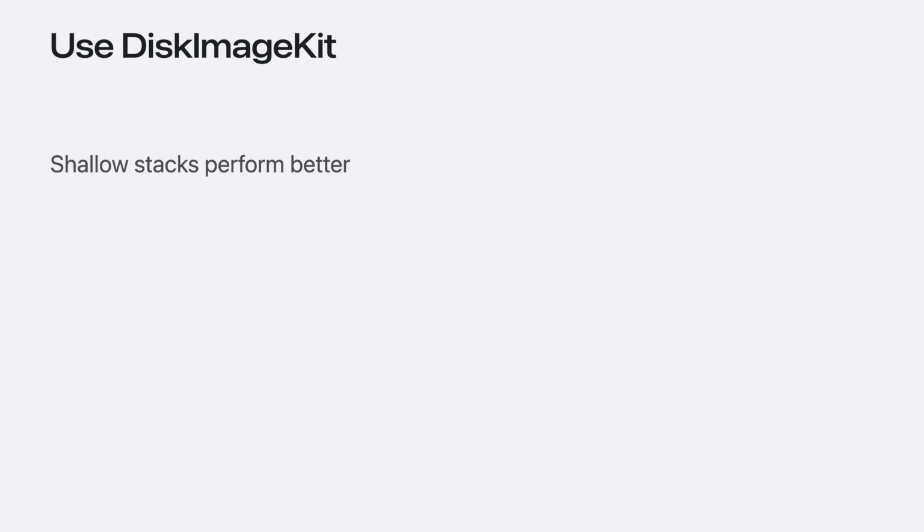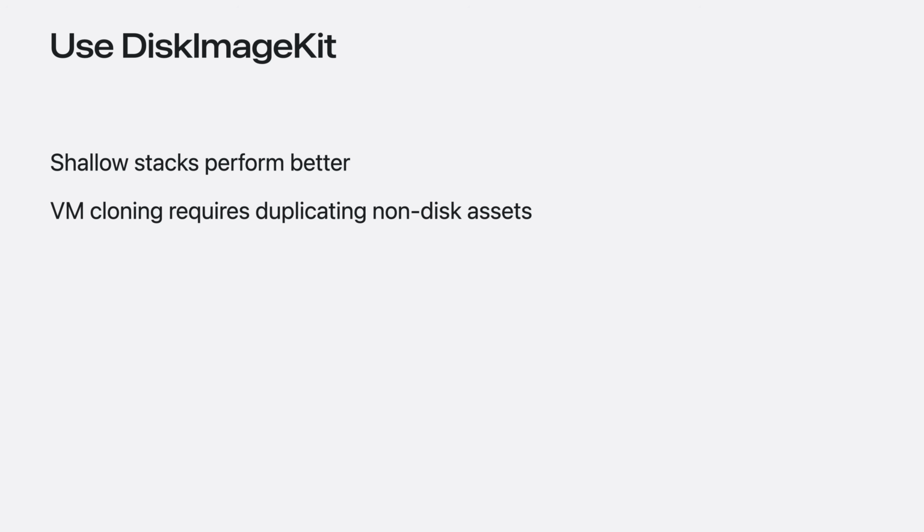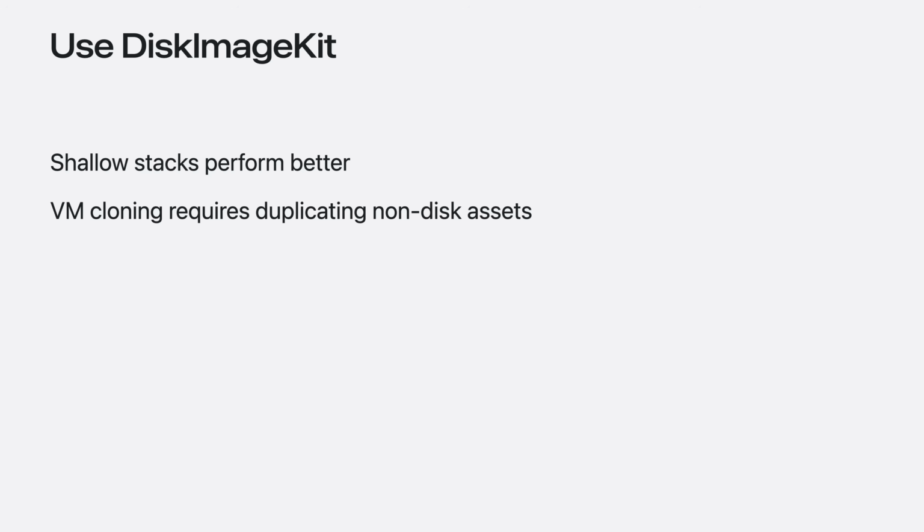When using stacked images, it is worth noting that shallow stacks perform better. There is a performance cost to increasing the depth of a disk image stack. Keep in mind that a virtual machine is comprised of more than just disk images. For example, a virtual Mac has an auxiliary storage file, and a VM using the EFI bootloader has an EFI variable store file. If you want to clone a VM and use a shared base layer, remember that you must duplicate those other files. Finally, I'll show you how the custom VirtIO APIs allow you to build custom communication channels